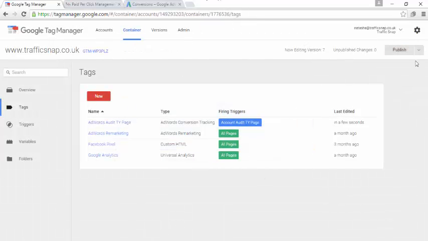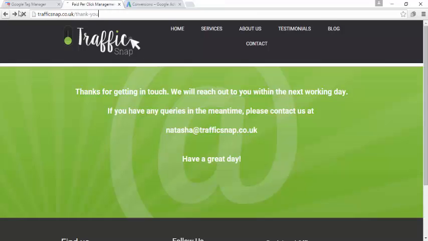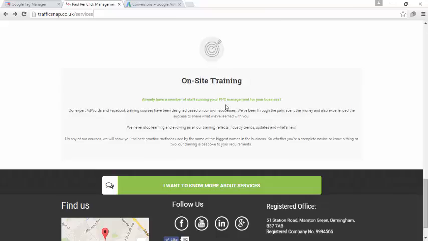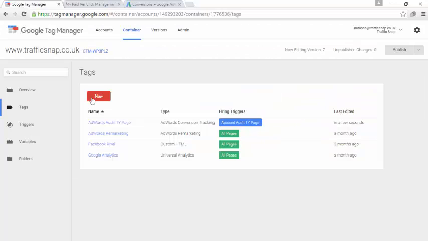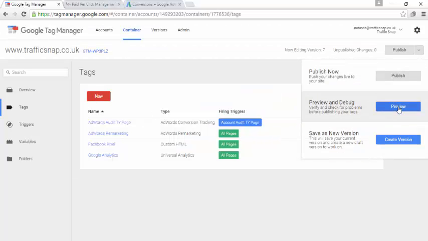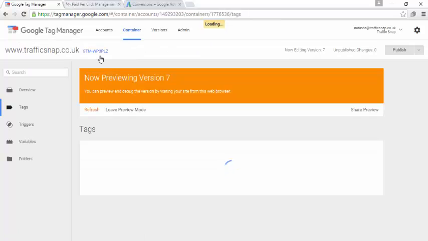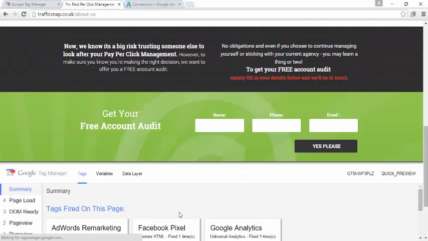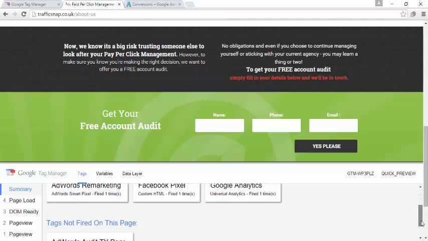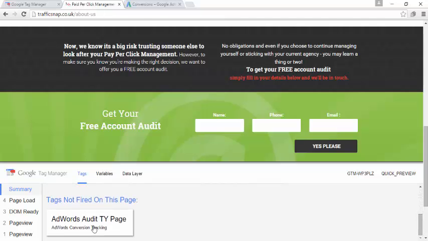Okay, what I'm going to do is click back on that page so I can do that again. Okay, so now when I go to Tag Manager and put it into preview mode, and I go back to my website and I refresh, what you'll see is the tags that originally were there have fired, but then there's the AdWords audit tag that we've just added, and that's saying it's not fired on this page because it hasn't met the rule that we put in. So now if I fill out my details,